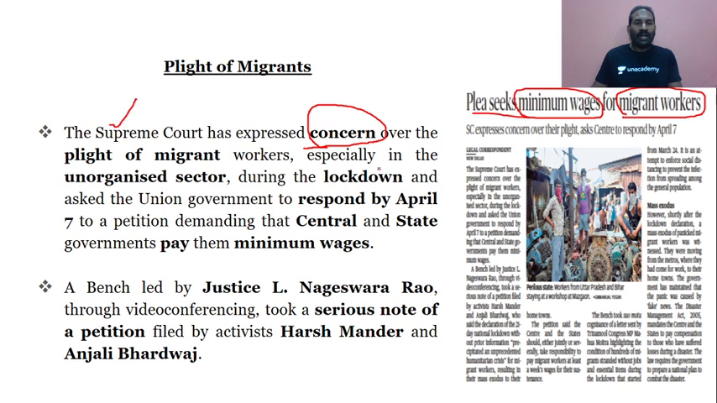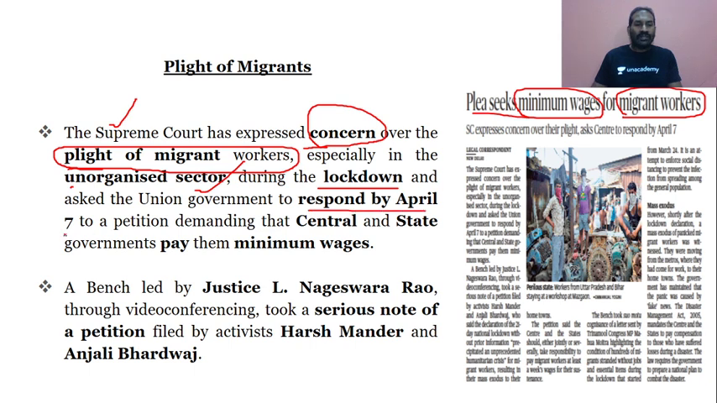The Supreme Court has expressed concern over the plight of the migrant workers. So this is what is important. The plight of the migrant workers is being taken into consideration, because of the national lockdown. And it is expressing the concern and asking the union government to respond